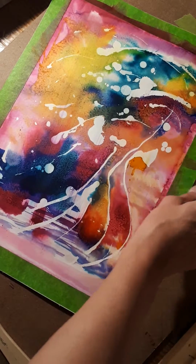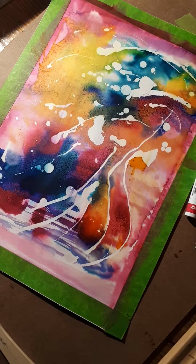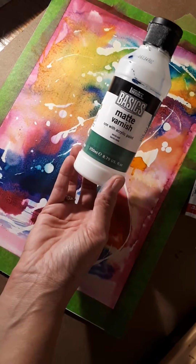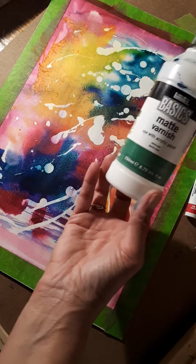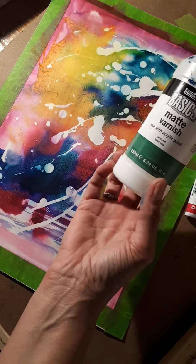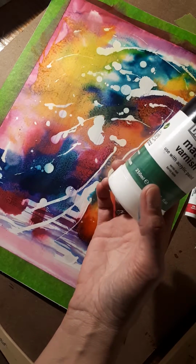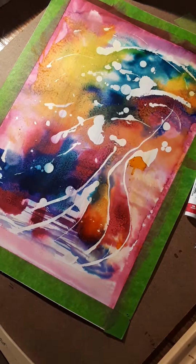So, okay, paint pen. And what I used is a little messy, sorry. The basics, I got it at Office Depot, and it's the Liquitex matte varnish. So none of this is acrylic, but that's fine. It still seals it shut. And then if I go over top of it with acrylic, it'll go over really smoothly. If I use markers and stuff, they won't just get sucked into the paint and disappear. They'll actually have